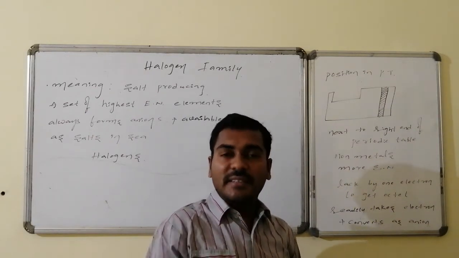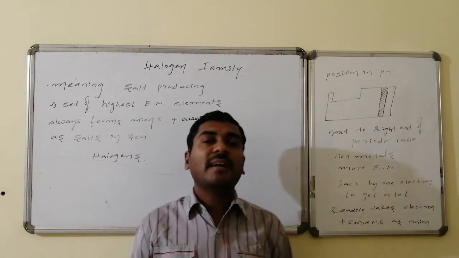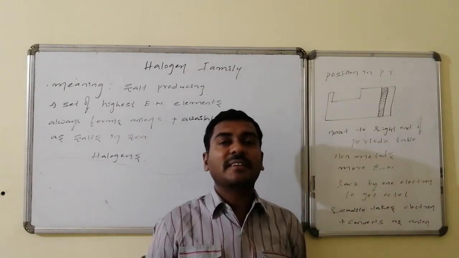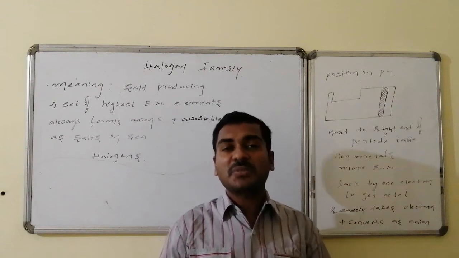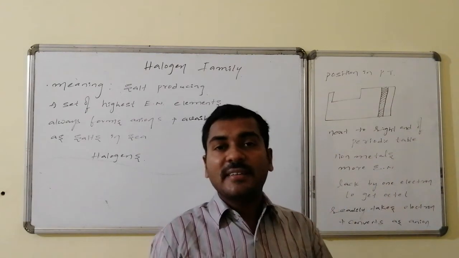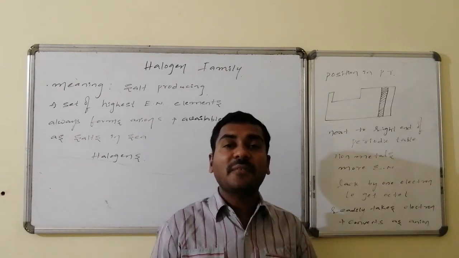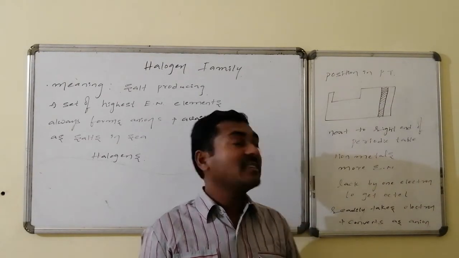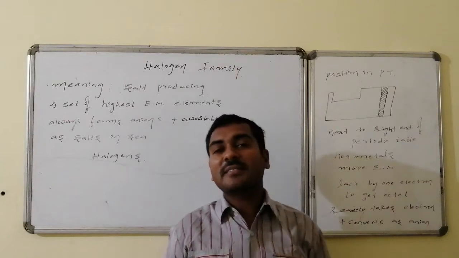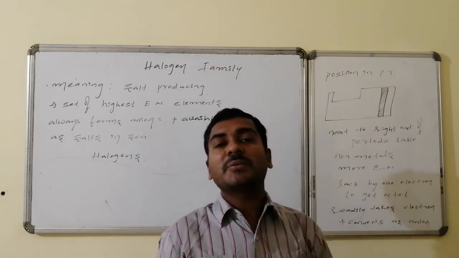As an anion, it is counterbalanced by some cation and is available. Its major source is the sea. In the sea, these are present in the form of salt, and that salt consists of anions. That anion is generated from these particular elements. Hence, these are said to be the halogens.